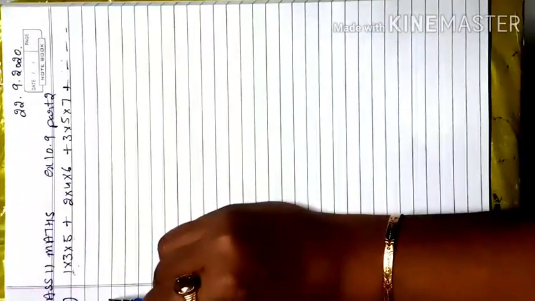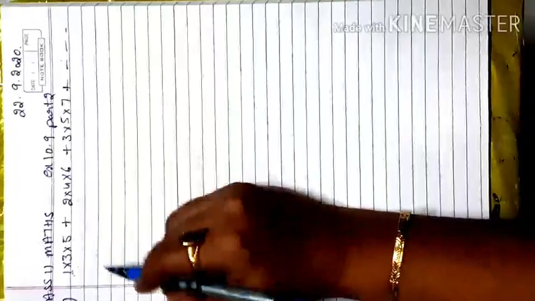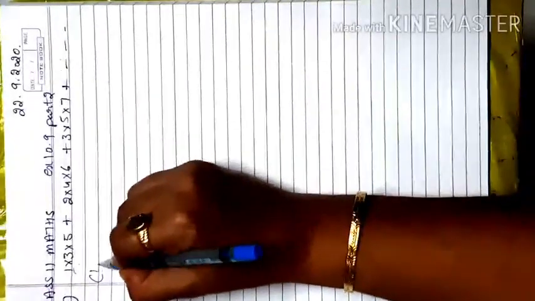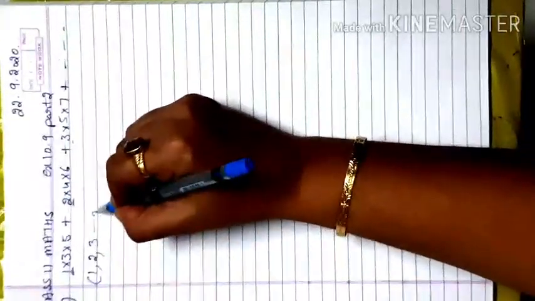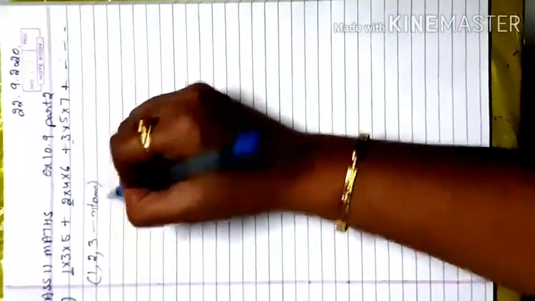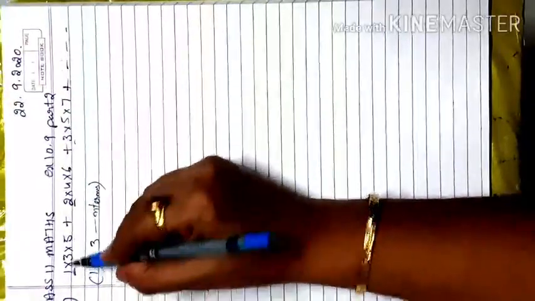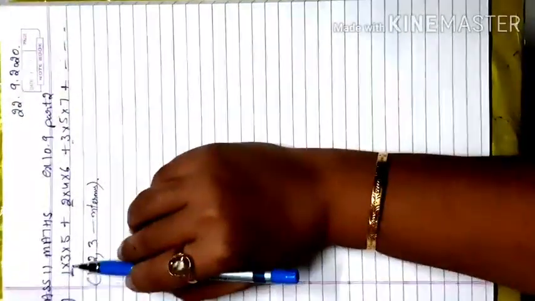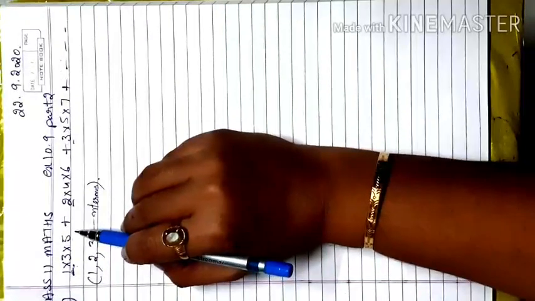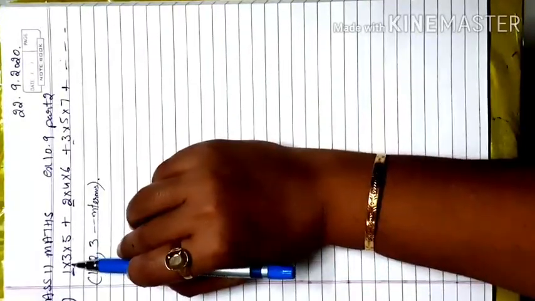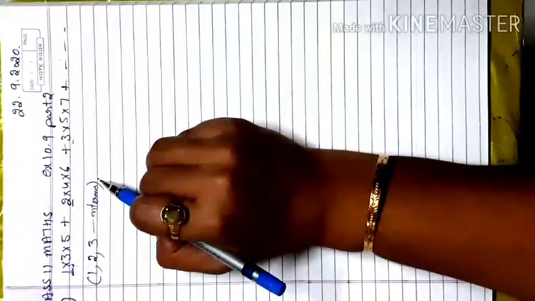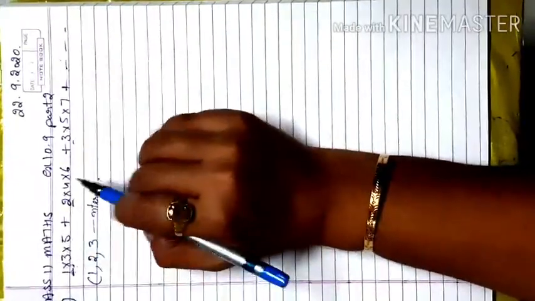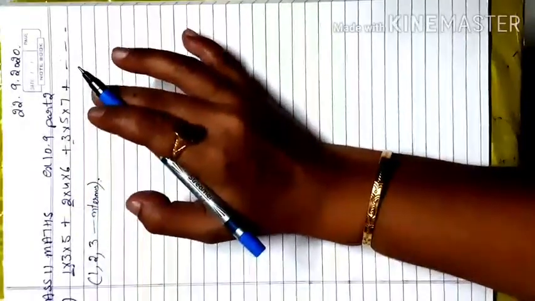So for finding the last term, you write these three series in sequence form like this: 1 2 3. So you just pick the first one up to n terms. Whatever sign comes between them, if there are 3 or 4 series, that sign will come in between the brackets. If there is a minus, a minus comes between the brackets, and if there is a plus, a plus comes between them, if they are different types of series.